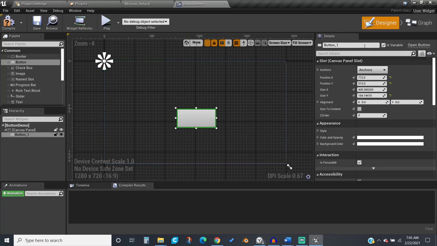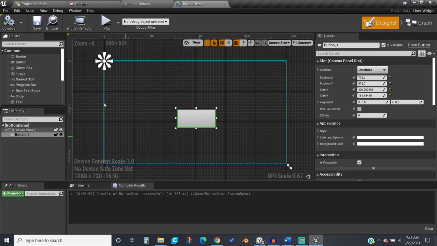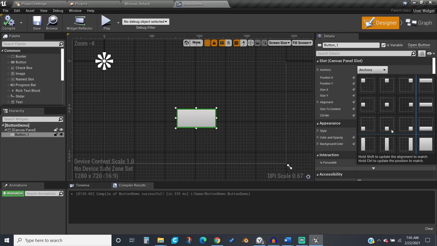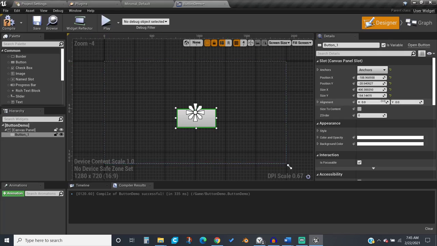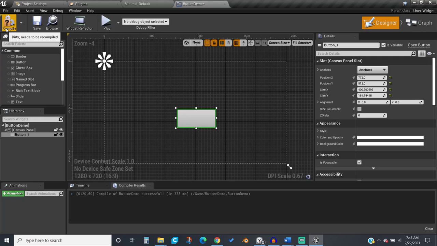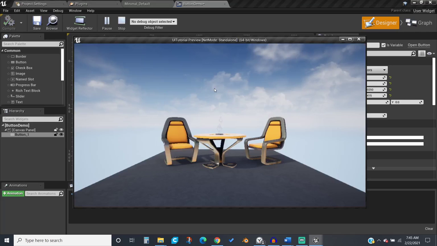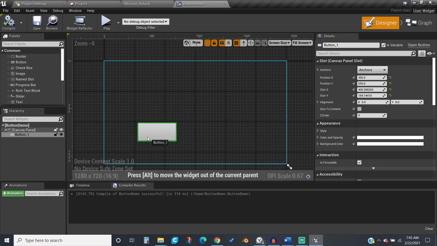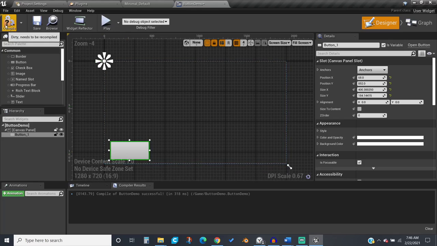like this, roughly in the center, and you see this dot, this white flower thing on the corner. If I put this anchor thing, I can select where this is. Okay, I can select it in the center or any other place. But the first thing, before I explain what that does, is